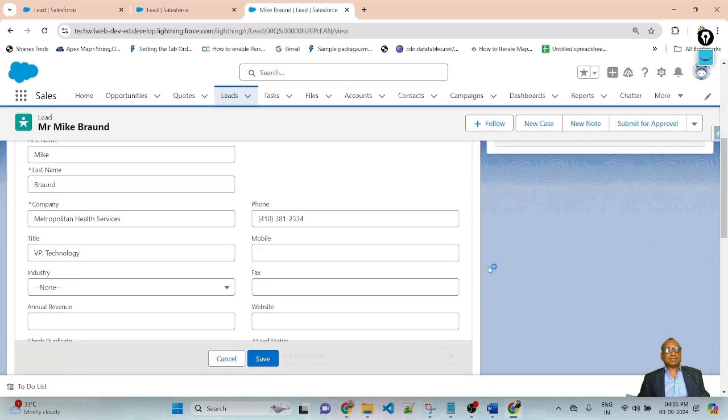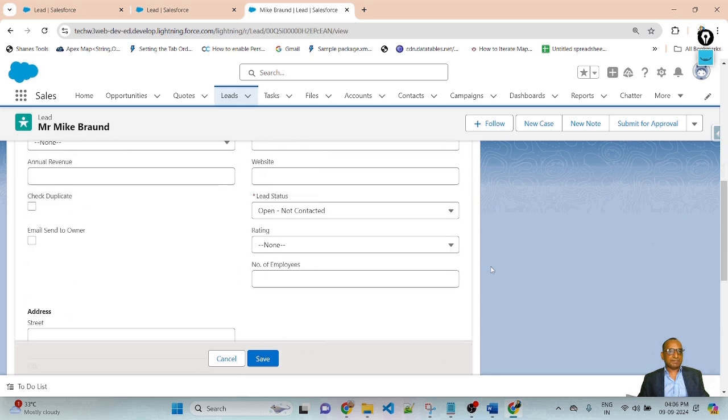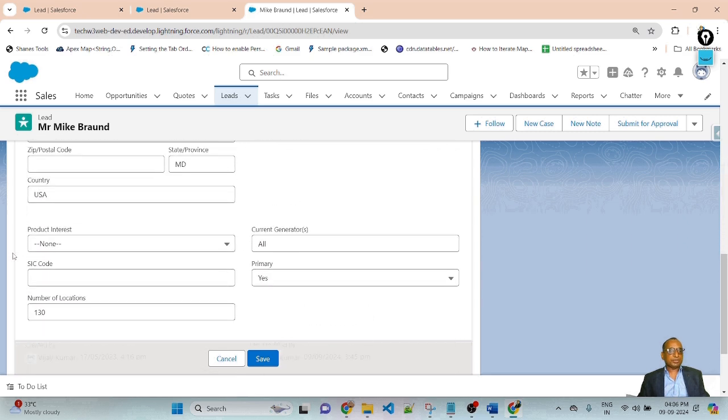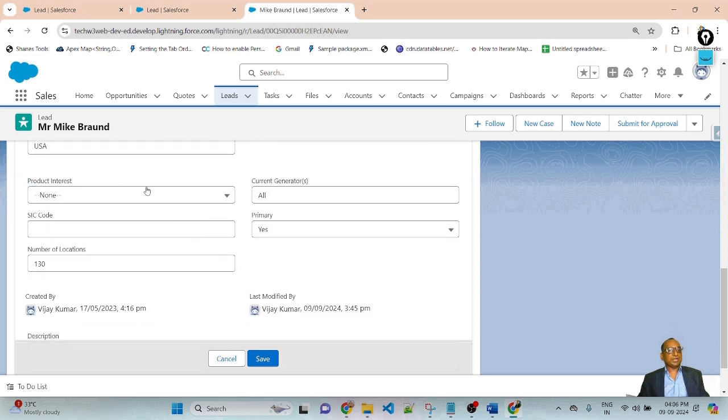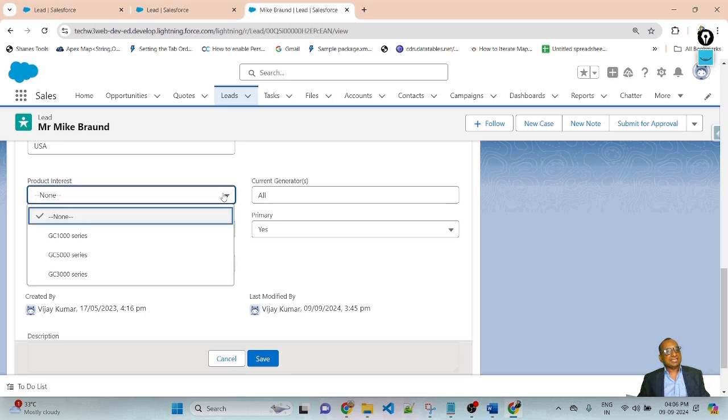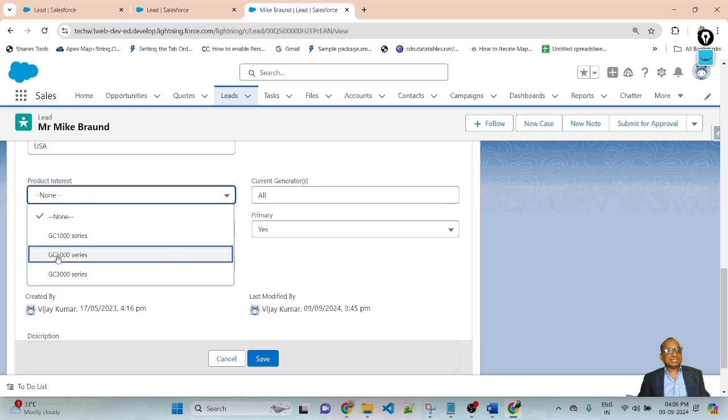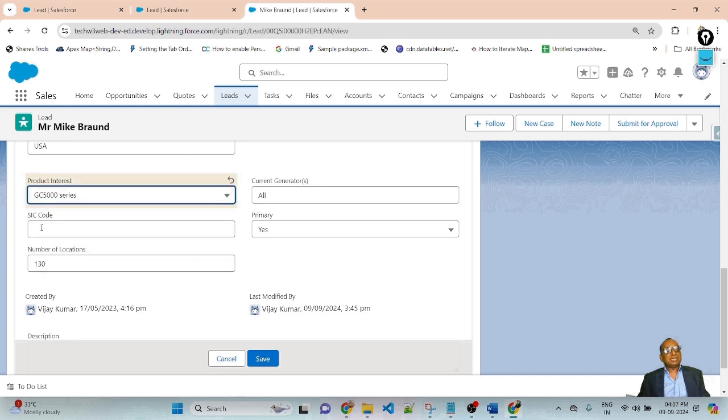Based on the scenario, here I will check the condition on product interest. Right now it is none, and SIC code is also null. If I change product interest to GC 5000 series, and I leave SIC code blank.